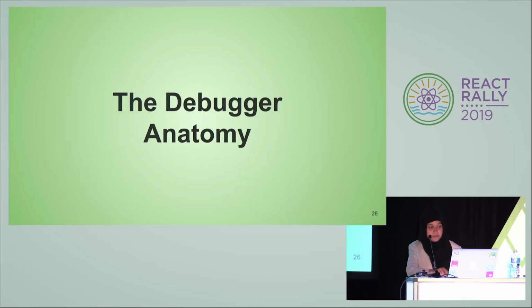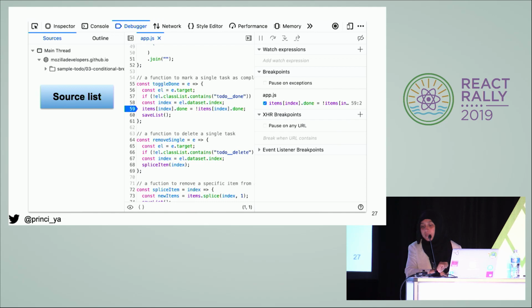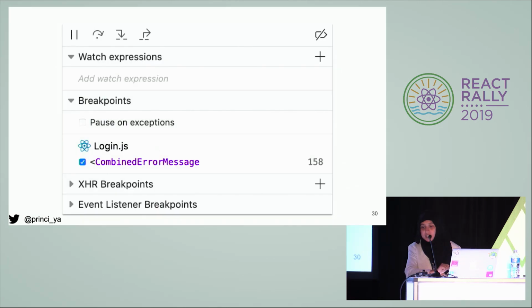The debugger anatomy. You have a tab where you can see the list of sources, source files, the main tab where you can read the source code itself of the program that you're debugging, and a tool tab. On the tool tab, there are a bunch of things on the top where you can pause debugging, where you can step over, where you can step in a function to know more about it, or if you just know what the value is, you can just step out of the function.